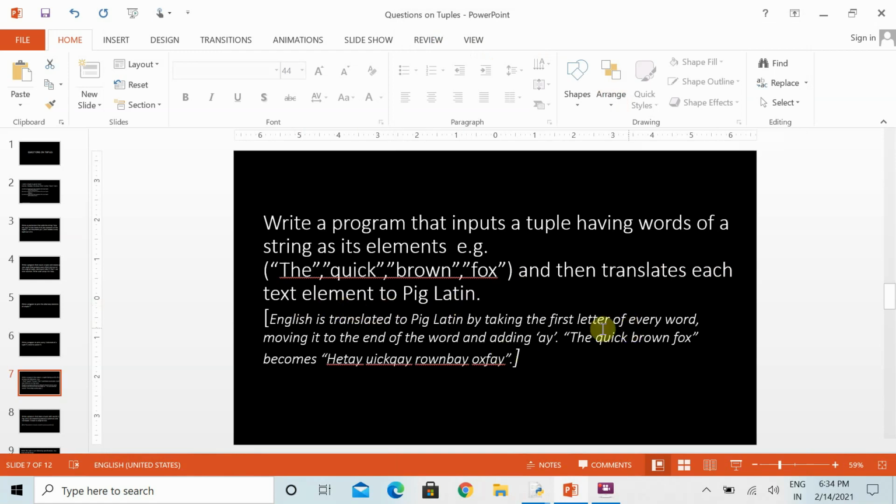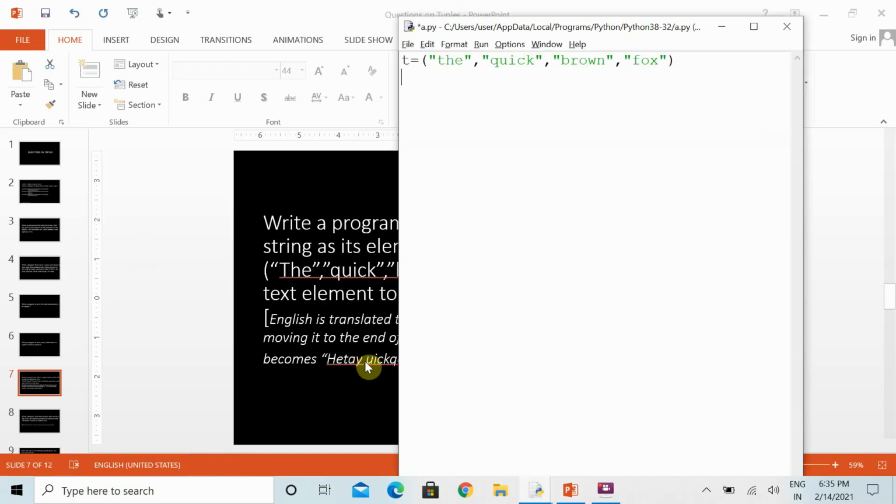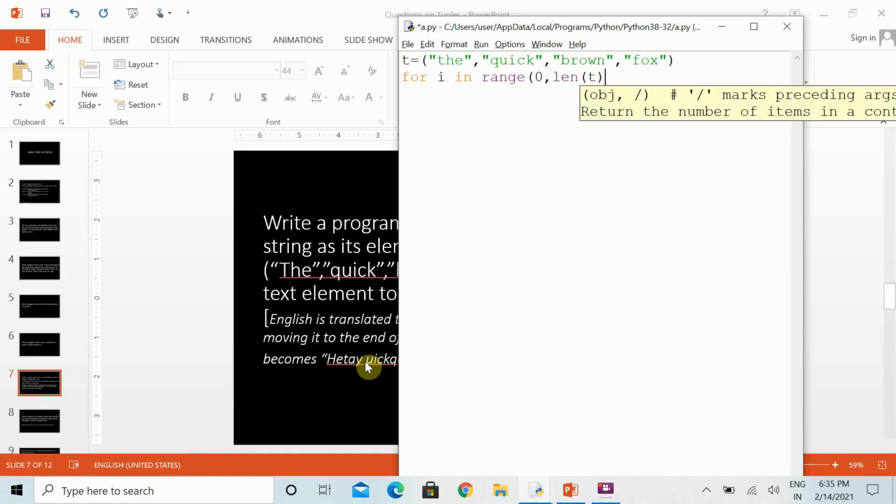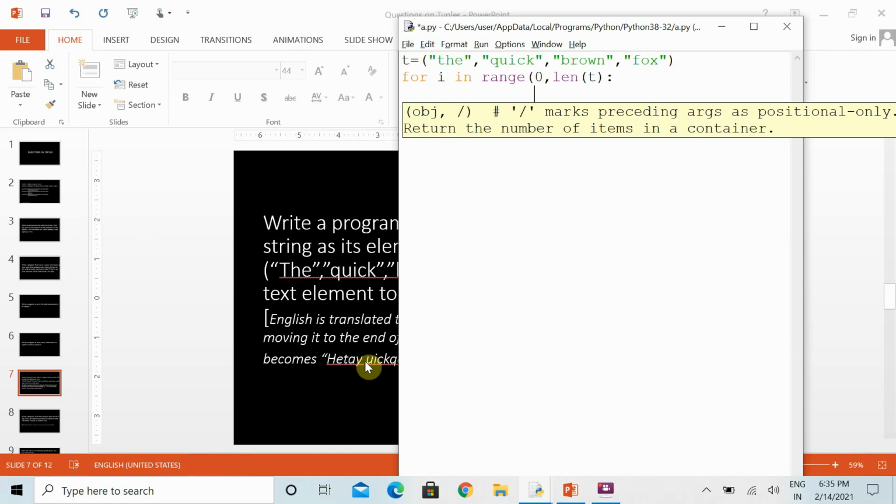In Pig Latin, we just have to shift the first character to the end of that word, and after that add "ay". So how can we do it? First we have to use the for loop, which will make it easier.